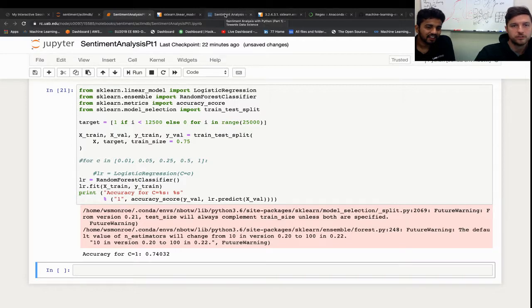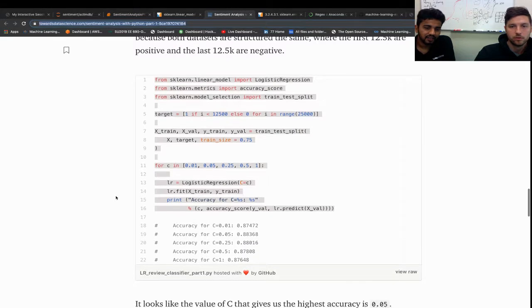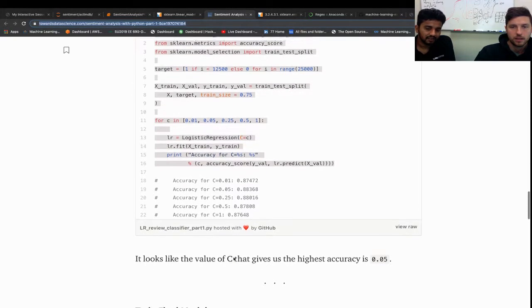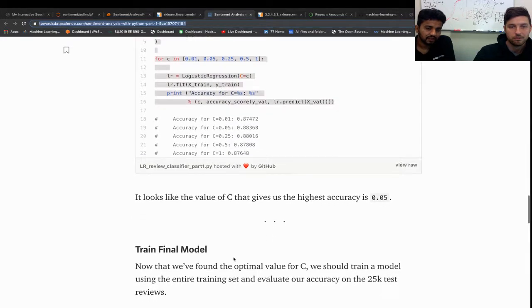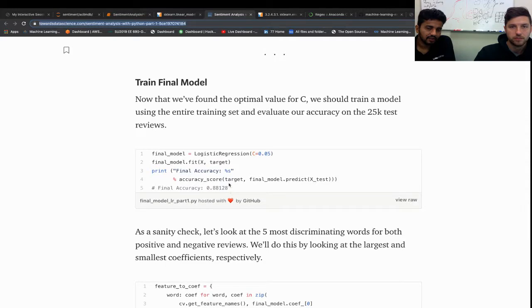It's always nice to try a couple of different models just to make sure that you're not seeing something really weird. But that's helpful. So it looks like our logistic regression got similar to what he got. All right, train the final model. So we're going to come back here